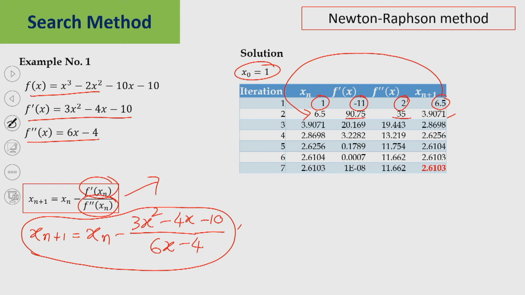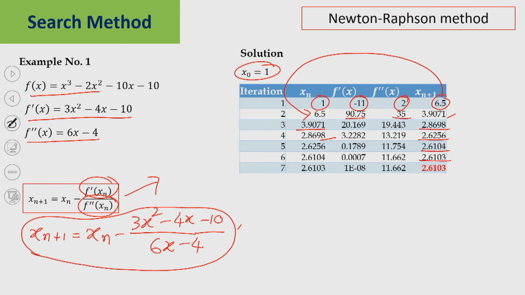Now, I am doing the third approximation, I am getting 2.8698, then the fourth one I am getting 2.6256, then the fifth one I am getting 2.6104, and the sixth one I am getting